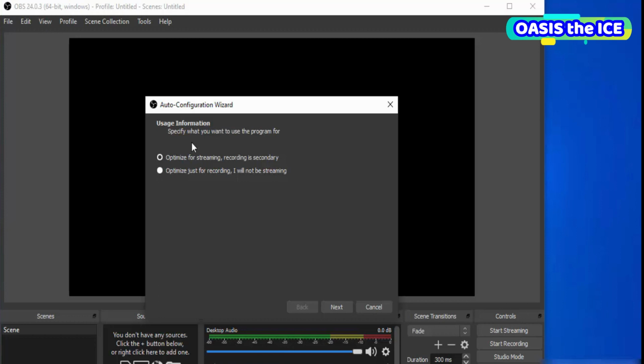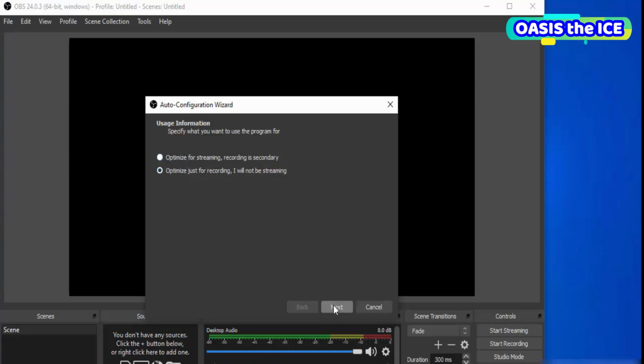It's going to ask you if you want to use your OBS Studio for recording or streaming. So I want to use OBS Studio for the screen recording, so I will choose the second option which says optimize just for recording. I will not be streaming, but if you want to use OBS Studio for streaming, then you can choose the other option.